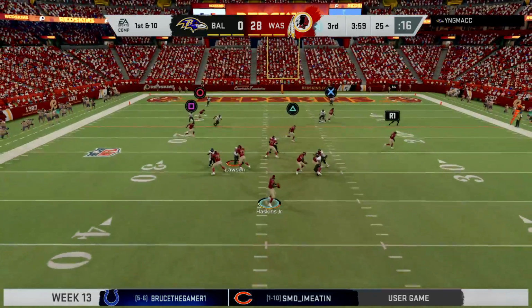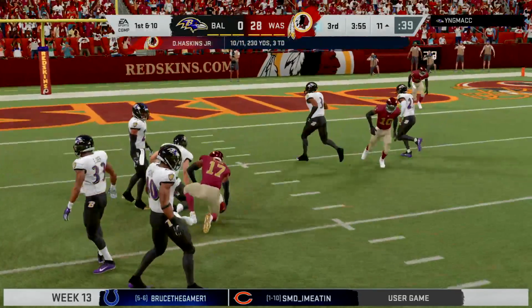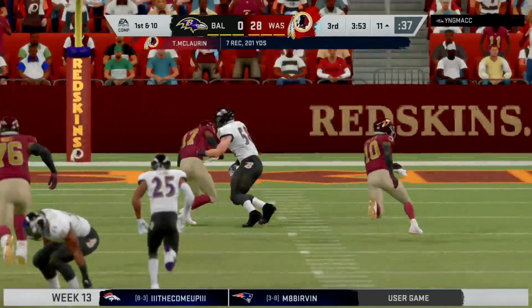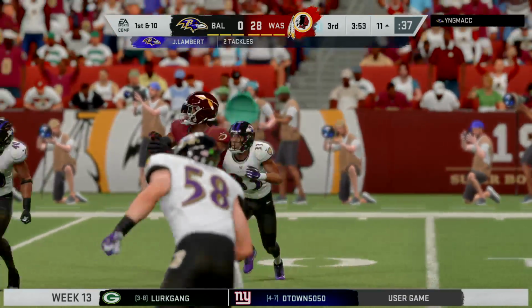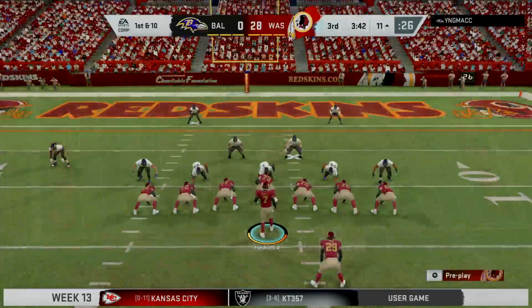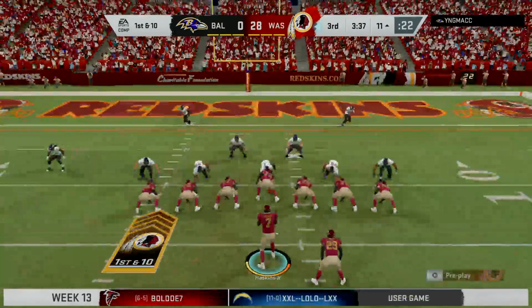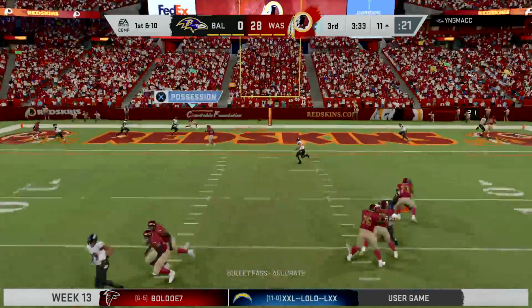On 1st and 10, it's Haskins. Middle of the field, he's got McLaurin. And down inside the 15, shy of the 10. It'll go as a pickup of 14 and a Washington first down. Whatever the discussions were at halftime to try to slow down this offense, it has not worked to this point. Yeah, I have a vision right now of everything that was discussed at the half just being torn in shreds or being erased off of the Microsoft Surface tablets because...